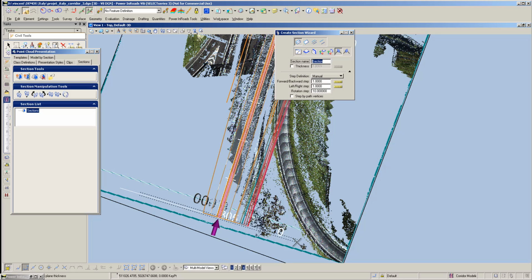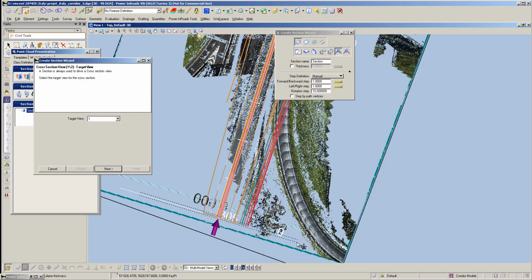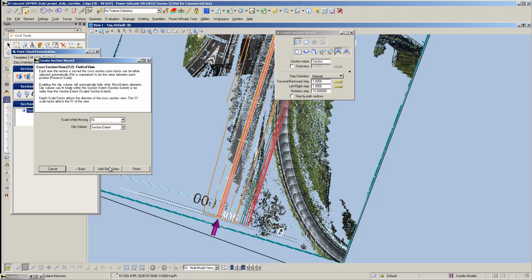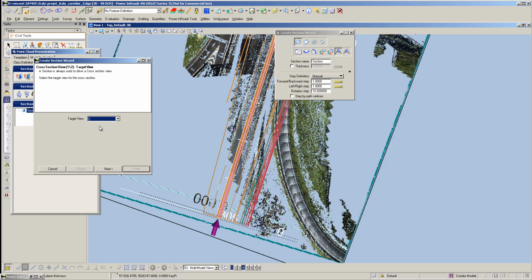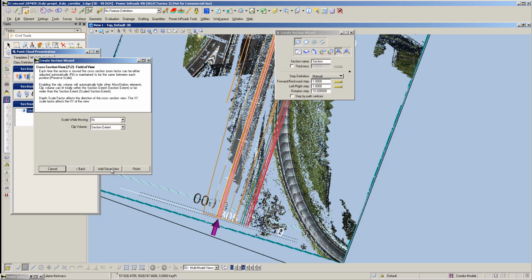The thickness will enable us to see the point clouds with enough points. But the display settings inside Bentley Descartes will also allow us to see the project only inside the cross-section plane, the exact cross-section plane. So we'll set the cross-section view as view 2,